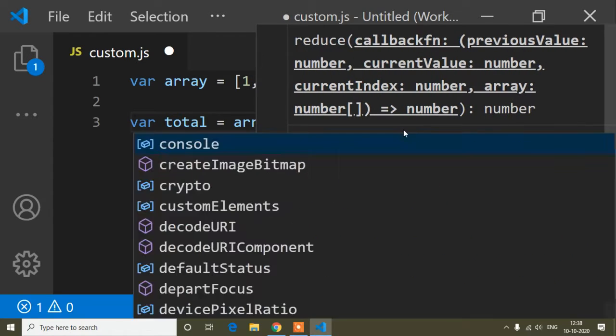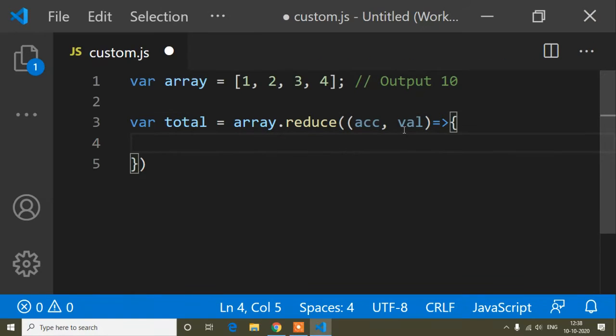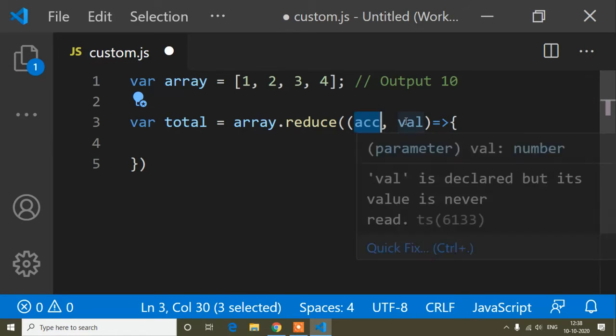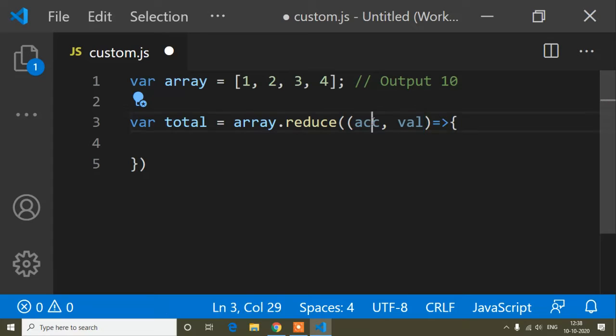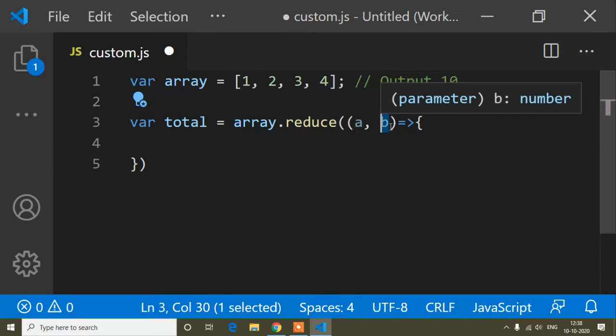I will write ACC, which means accumulator, and VAL, which means value. Now I will write an arrow function. Here ACC denotes accumulator and VAL denotes value, but you can write anything. If you write A, then A will denote the accumulator, and if you write B, then B will denote the value.